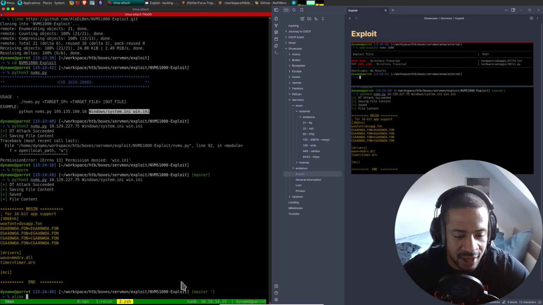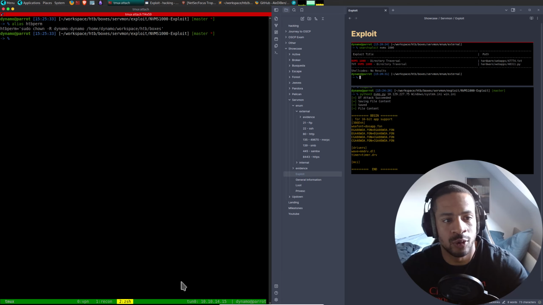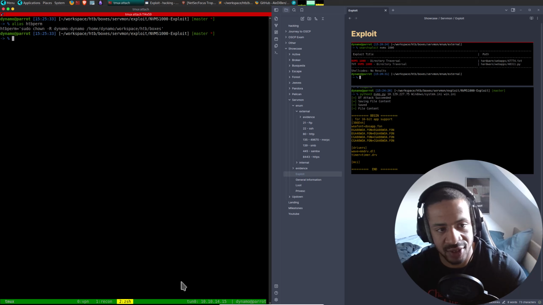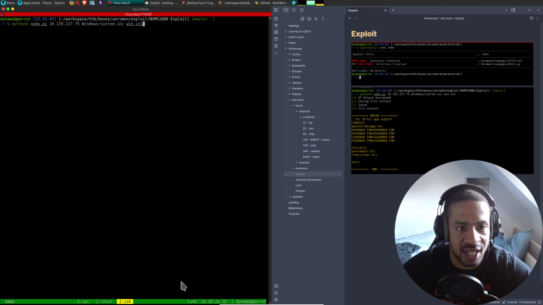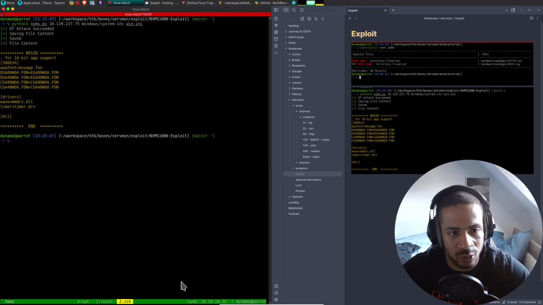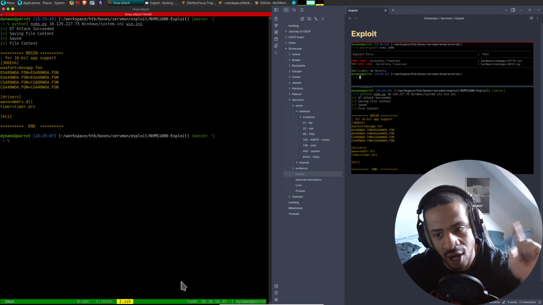But anyway, the HTTP perm alias is this. And basically it gives my normal user Dynamo the permissions to edit anything inside of this folder. With that being said, the exploit worked and I've got Windows INI. So that means I can now read files from the server of our target.